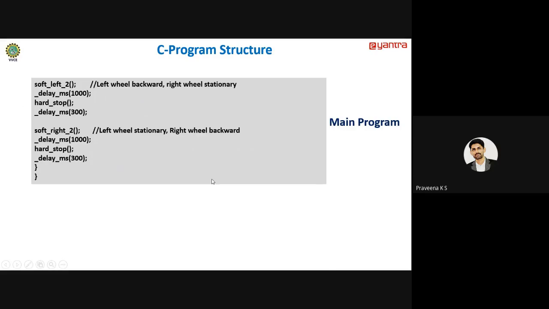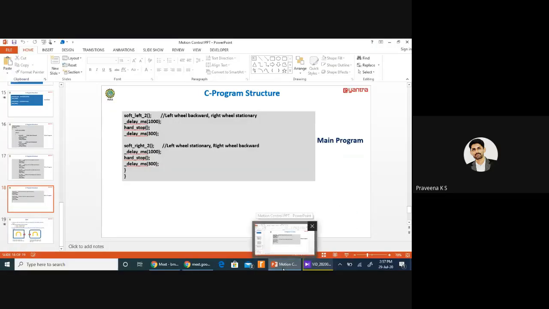Next, you have to run this program and dump it to your robot. I think dumping the program into your robot we have already seen: how to execute using Atmel Studio, then how to dump the program using the AVR bootloader. We have seen that also. Once you come back to college, you can take the robot and play with that. So now I'm not going to explain that. I already dumped my code into the robot, so we'll see how it works for the different directions.